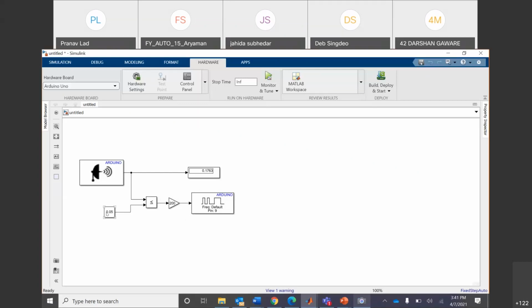And then you can change it. There are multiple options. Make it even more complicated if you want, if you want to blink it with a certain frequency based on how far away the object is. For example, instead of 0.05, if it is 0.04, you may blink the LED with a smaller frequency. If it is less than 0.03, you can increase the frequency. If it is even less than 0.02, you can start blinking the LED with very high frequency, and so on.